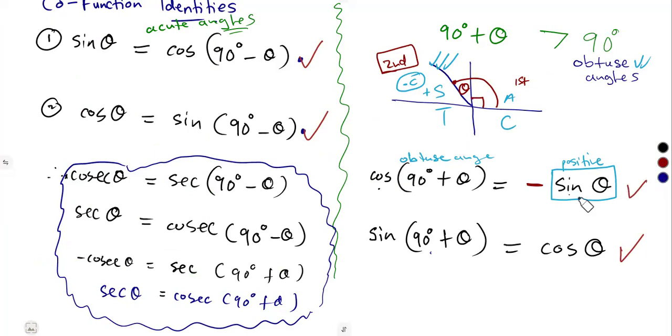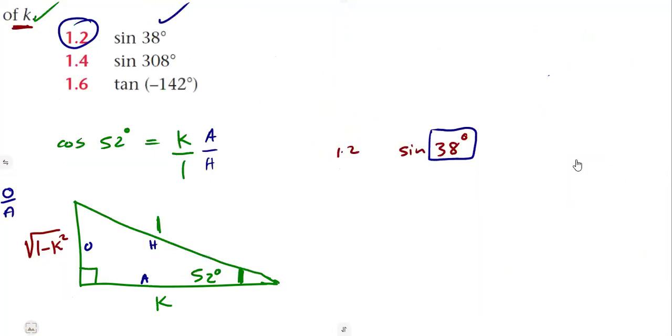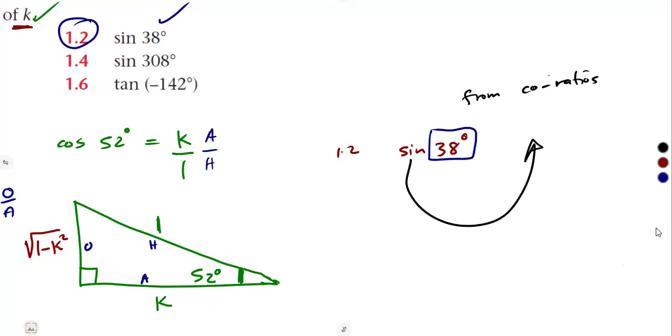So you're simply asking yourself this one. Using cofunctions, we want to see how the cofunction is going to help us here. From cofunction ratios, you ask yourself, since you have 52 degrees and it is under a cos, can I change a sine to a cos? Is it possible? Yes, it's possible, because we saw that it is supposed to be cos of 90 degrees minus